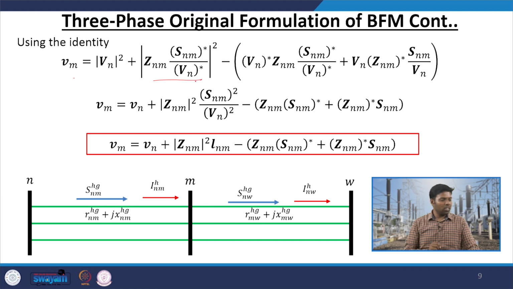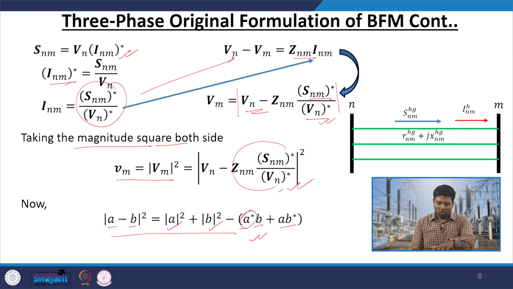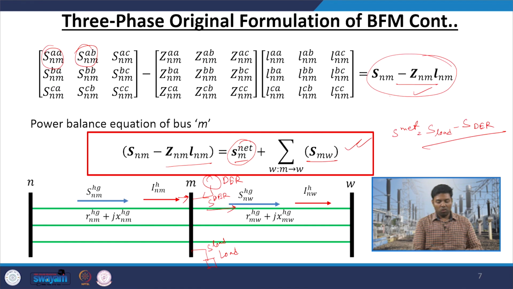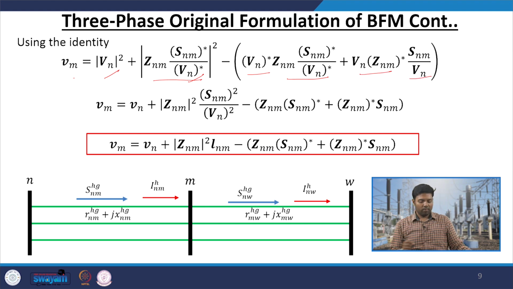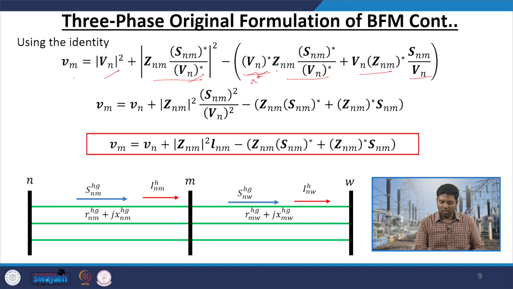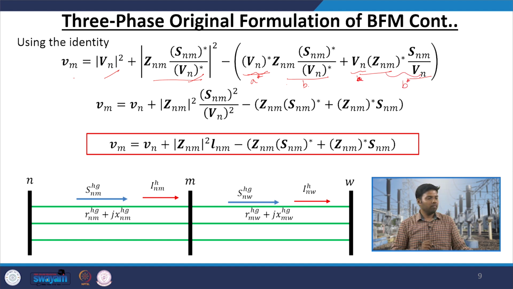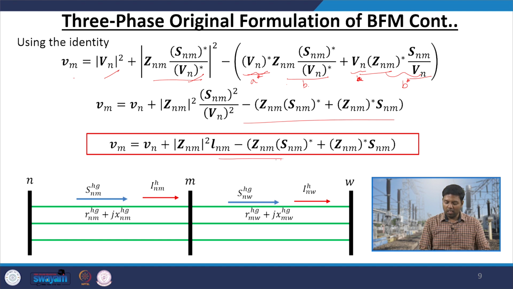Then we have the B square term, then A star B and then B A star. Now you do the simplification and take the square out of it, and this is your final expression for